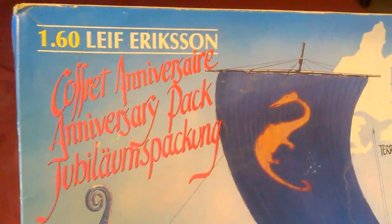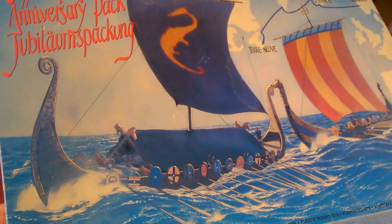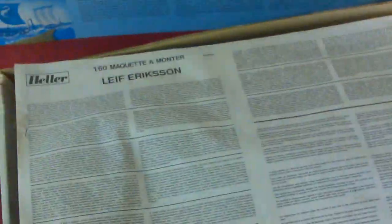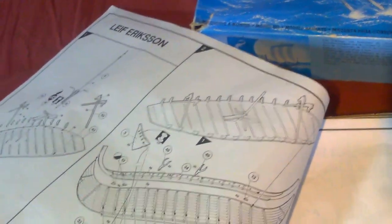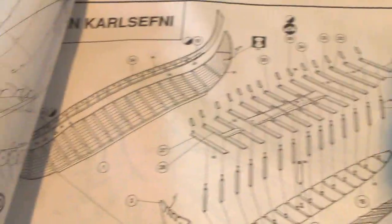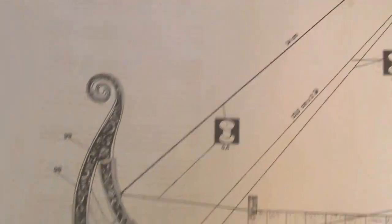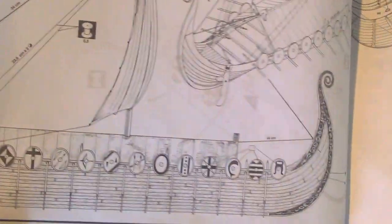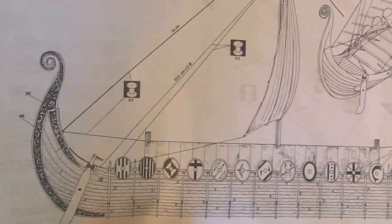Helga, and extraordinarily it celebrates Leif Eriksson's discovery of America. Leif Eriksson, the son of Eric the Red, of course. And each Viking ship is named after one of these Vikings. These are the instructions. Thorfinn Karlsefni is the other ship. Leif Eriksson's is based squarely on the Oseberg ship, really,